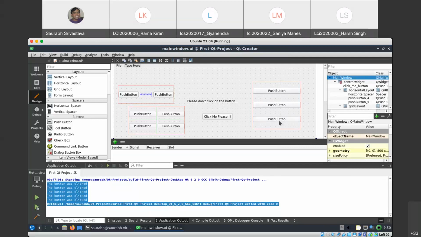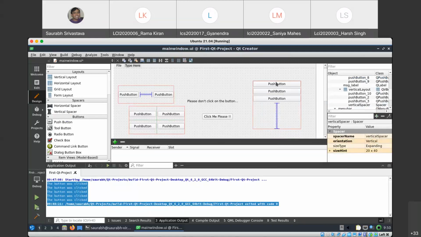If you want these to be together, there are some spacer elements. So this is a vertical spacer, I can add it to the bottom. Now all these buttons are only going to take the minimum amount of height that is required, and the spacer fills up all the rest. If I expand or shrink this layout now, the spacer element takes up all the space. The other elements are not being changed.